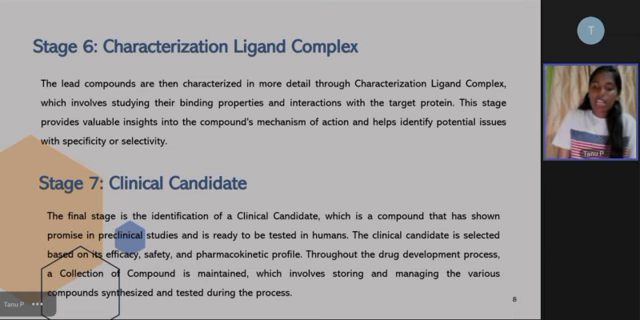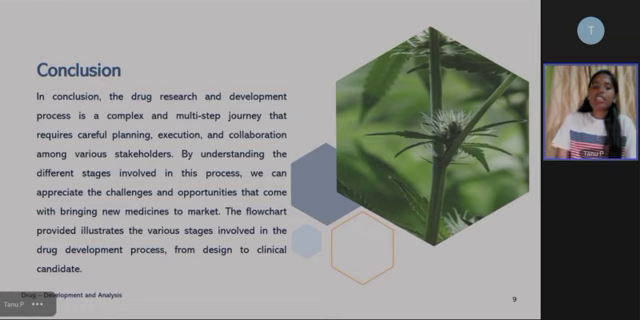Last is conclusion. The drug research and development process is a complex and multi-step journey that requires careful planning, execution and collaboration among various stakeholders. By understanding the different stages involved in this process, we can appreciate the challenges and opportunities that come with bringing new medicines to market. The flowchart provided illustrates the various stages involved in the drug development process from design